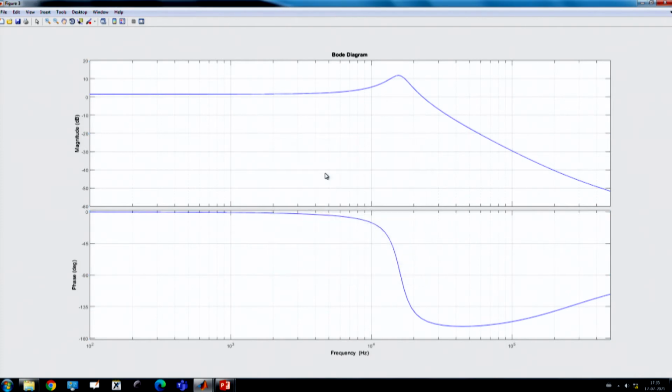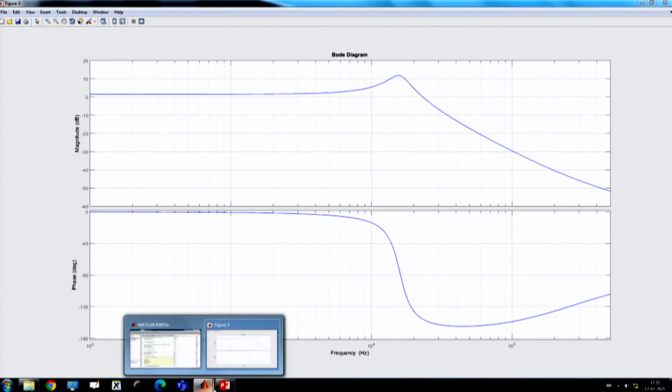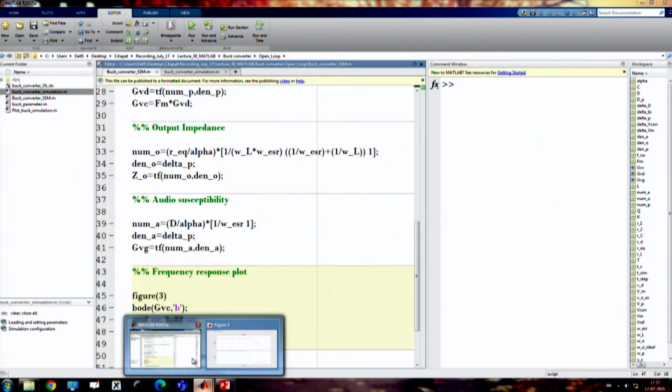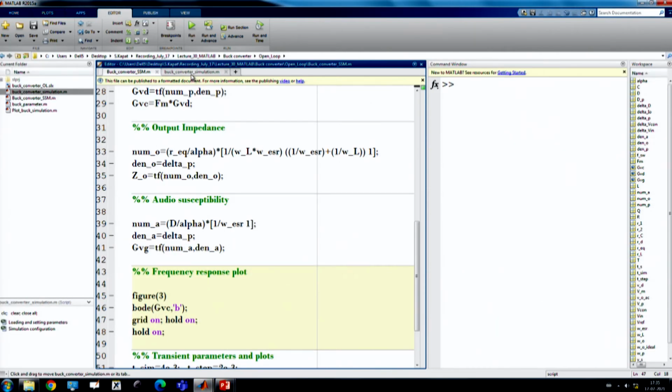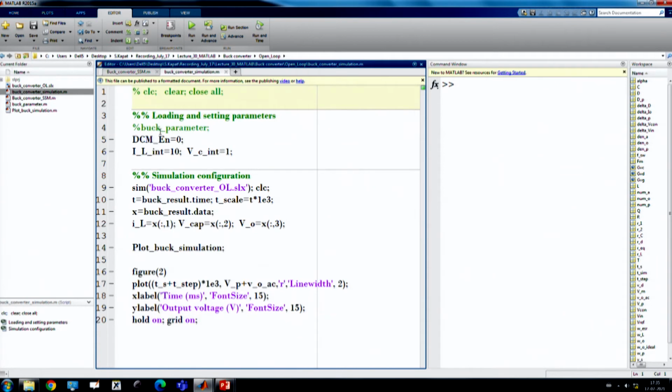This is the GVC, not GVD, GVC. Okay. So, you need to increase the gain, you need to provide high DC gain in order to boost up, otherwise you have a very poor bandwidth. Okay. This is the uncompensated loop transfer function. Okay, we will see that. Next, what is next? Now, we want to check the actual switch simulation.